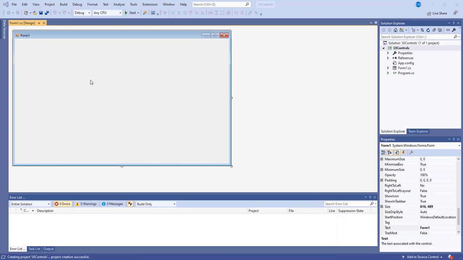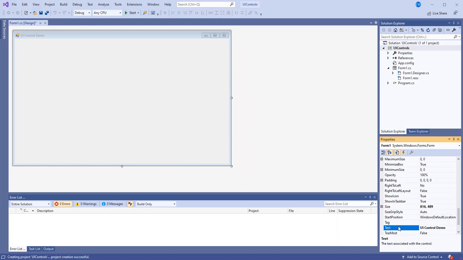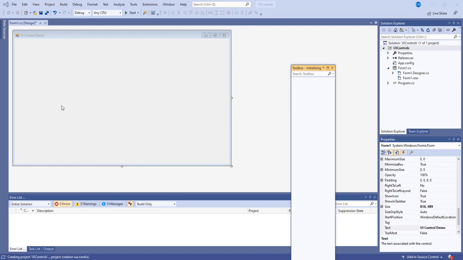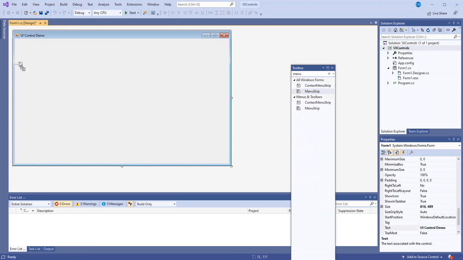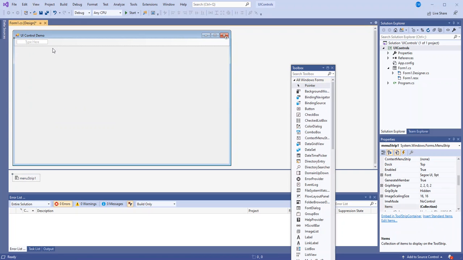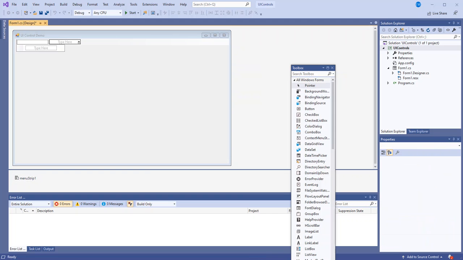So what I've done here is I've just created a blank form project, UI control demo. I'll change the text property of that form right there, and just to make this thing look good, let me throw a menu strip on there. I'll bring up the toolbox and type menu strip, and I'll drag that on there, and I'll put in my file,